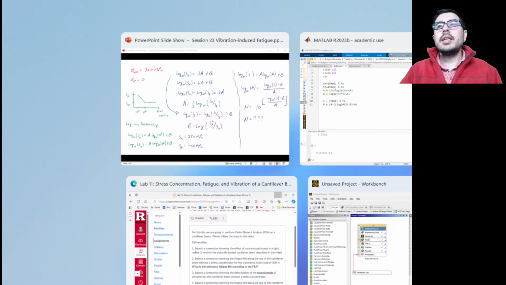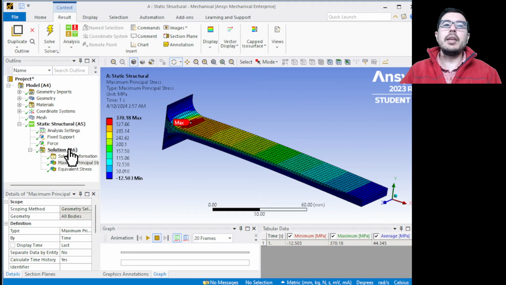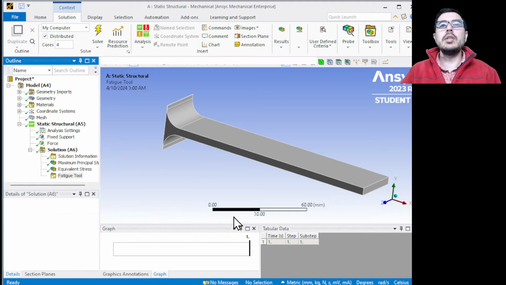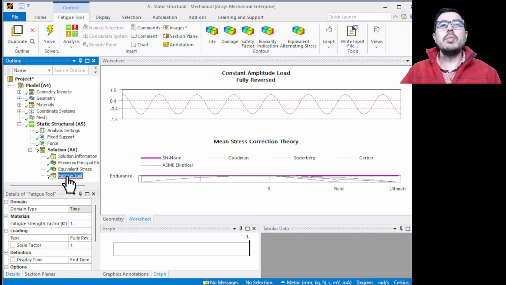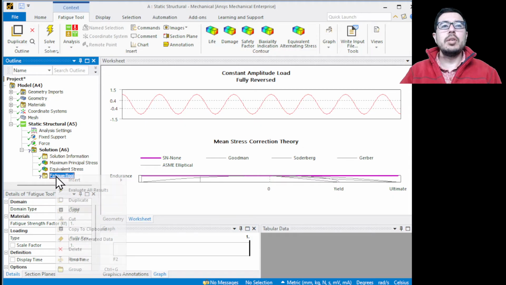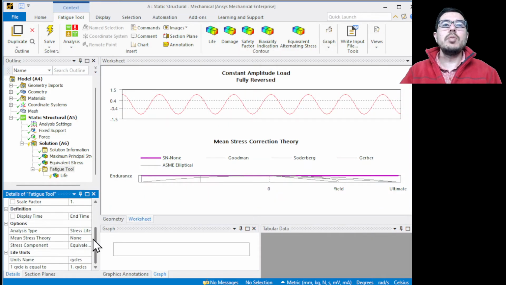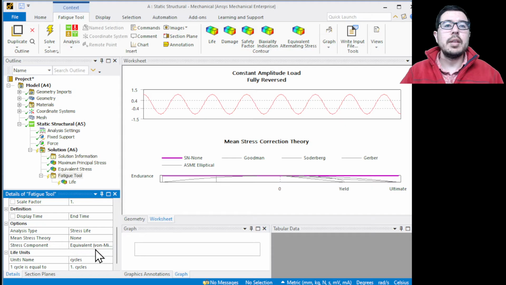So how do we do this though in Ansys? It's kind of like a fun little add-on that they have here. If you come over to solution, you can insert the fatigue tool like you see here, and then you can come in and we are going to insert the life, like this. And look, under fatigue tool, it's going to give us some options here for the type of analysis that we're going to be using. Now, mean stress theory, if you start doing things with Goodman lines and things that we cover in our design of mechanical components class at Rutgers, you could,